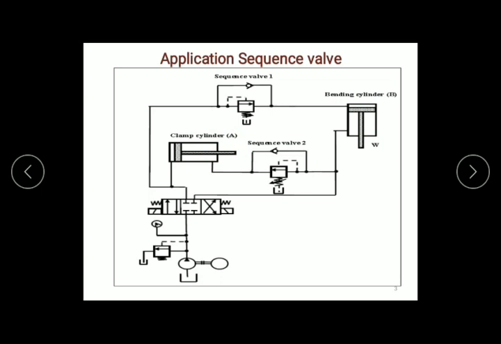So there are so many permutations and combinations you can use by just switching the position of the piston end and rod end.